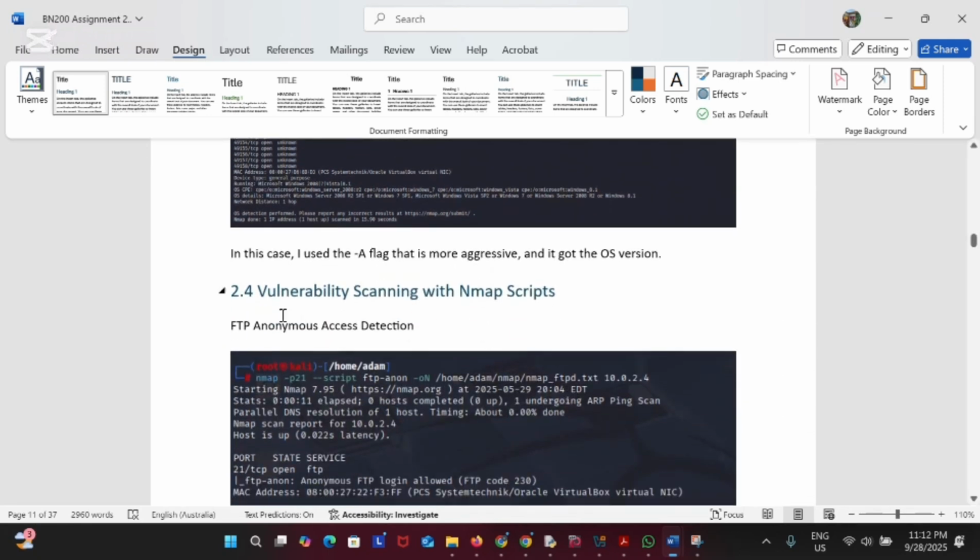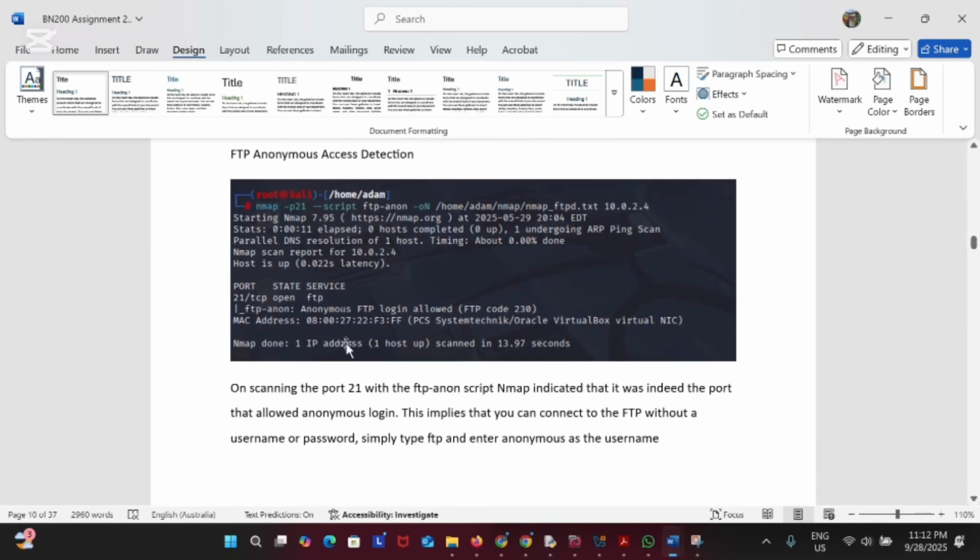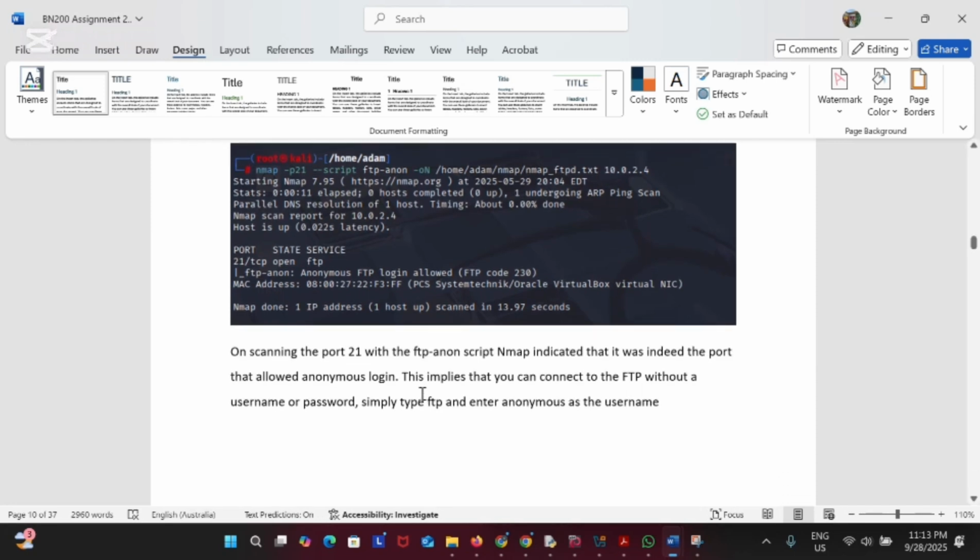Now let's talk about vulnerability scanning with Nmap scripts. Firstly, let's talk about FTP anonymous access detection. On this finding, we performed targeted vulnerability scanning. The FTP script confirmed that anonymous FTP login was allowed, meaning anyone could access the FTP server without